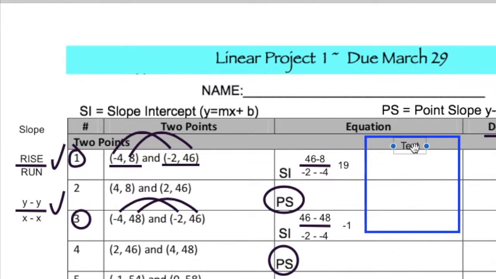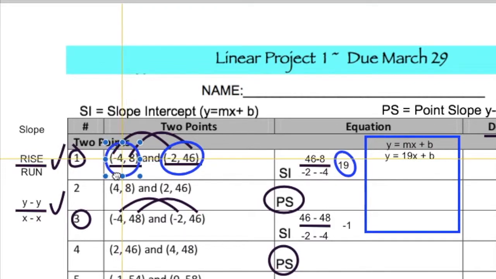So I'm going to start by writing y equals mx plus b. On the second line, I'm just simply going to substitute in what I solved for the slope. In this case, it's 19. So my second line is going to be y equals 19x plus b. The next step is to take either one of these ordered pairs and substitute in the x and the y value. I'm going to use this one this time,